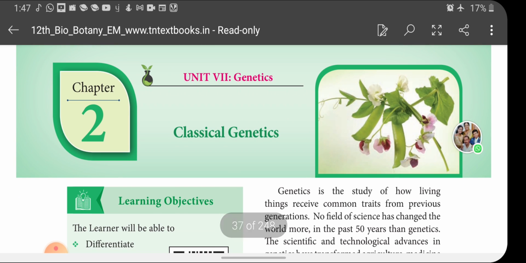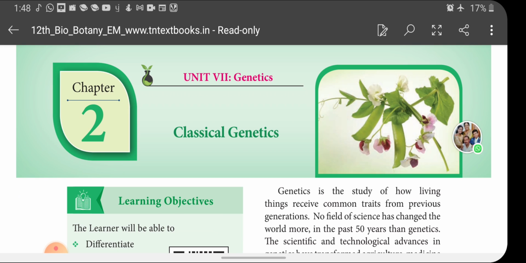Children, you know very well what is meant by genetics. Genetics is nothing but a study of inheritance of characters from one generation to another generation. This is called genetics and heredity. In this topic we are going to see about the